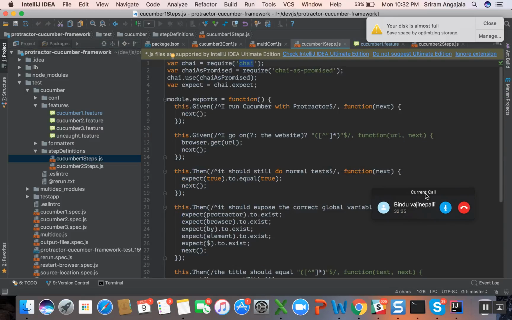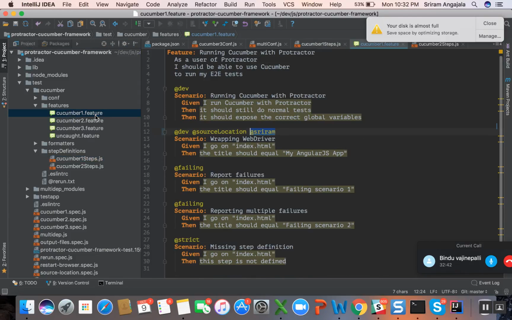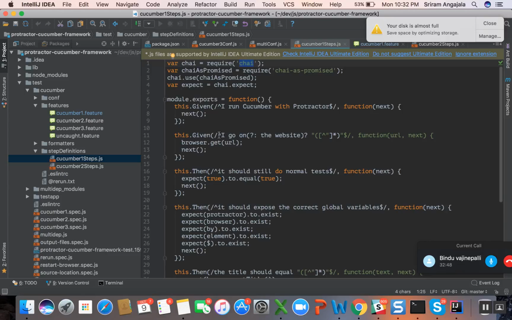So if I go to this Cucumber feature, I go on and so on. I need to check for this step. You can see that this is there, right? This is the step. Now you can ask me how all this comes up. This is the actual code,